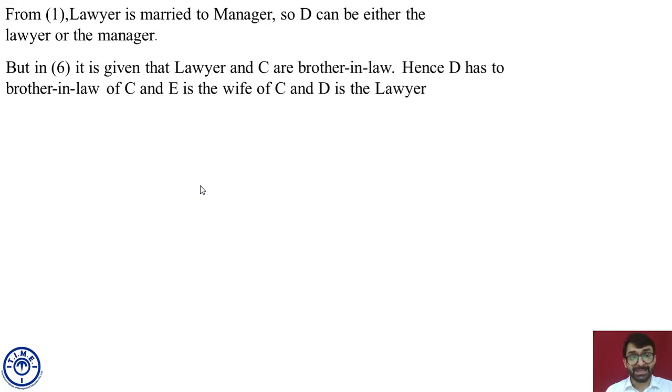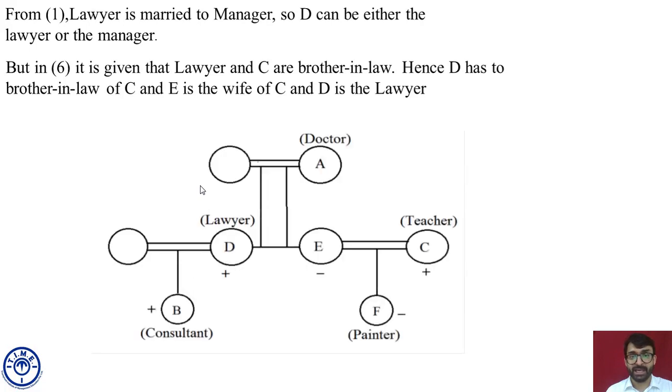But in statement 6, it is mentioned that lawyer and C are brother-in-law. So C has to be the husband of E. How can I get brother-in-law in this situation? There is no other way. C has to be the husband of E. Fine. Then